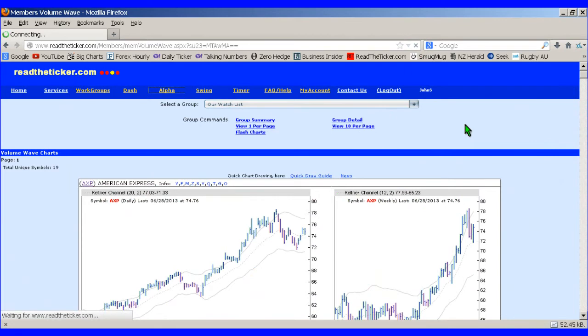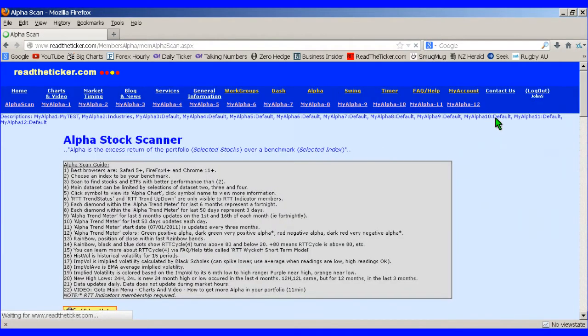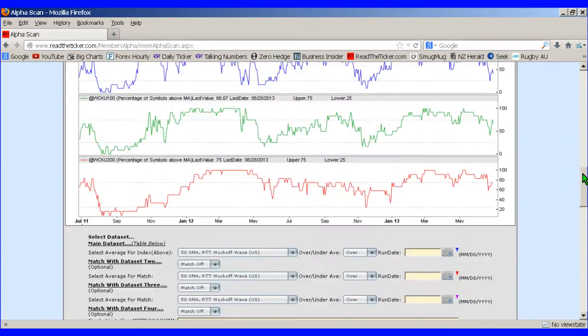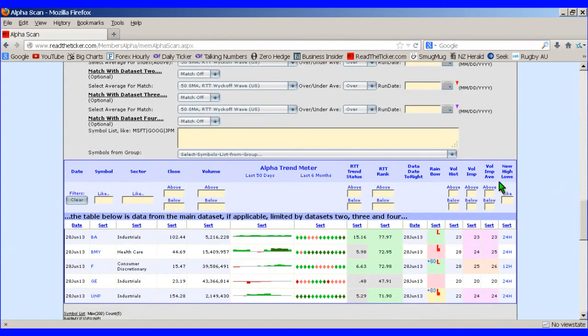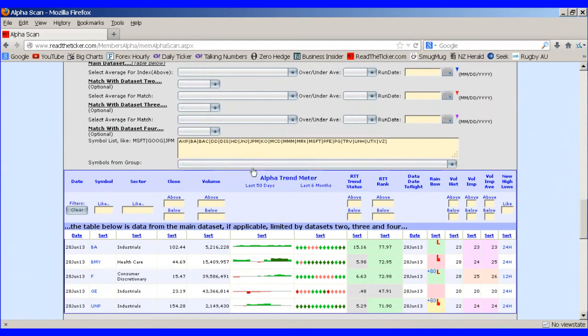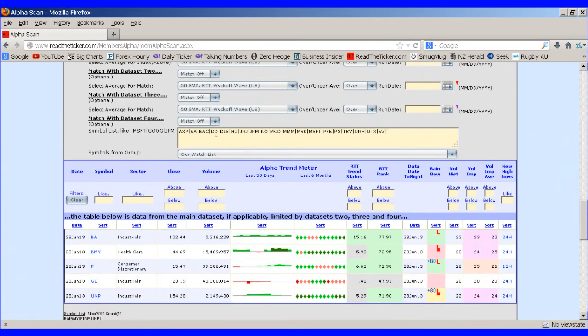So if I go to the alpha chart or the alpha scanner, an alpha scanner, for example, might compare your symbol to the Dow Jones or the S&P 500. So we're looking for relative strength. Here we have a standard group loaded. It's the Wyckoff wave symbols, about 11 symbols. We want to look at our Pacific symbols. What we can do, we just select our group, our watch list,